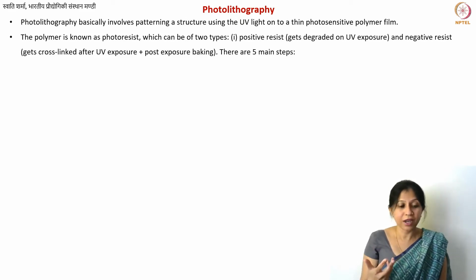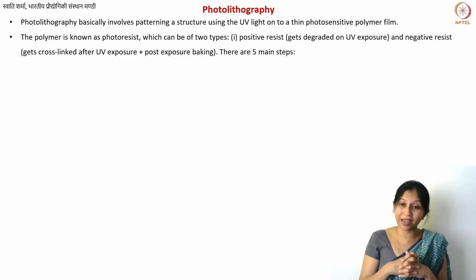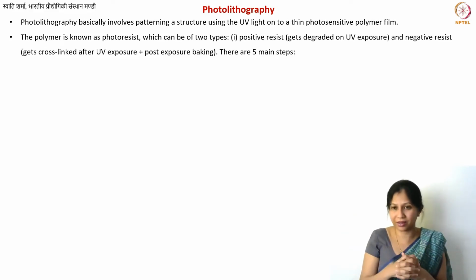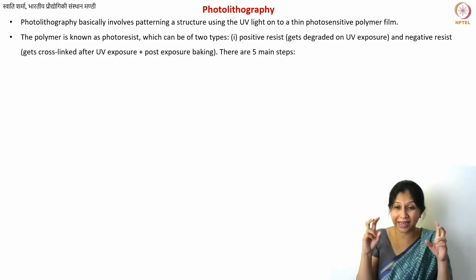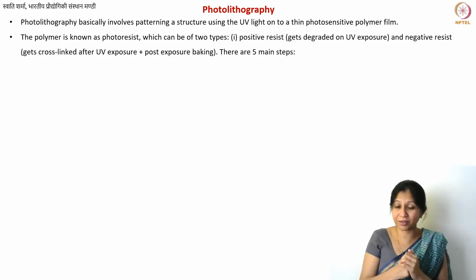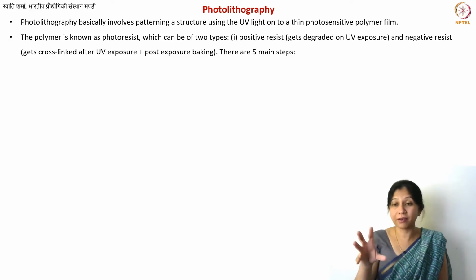Now what happens when they are exposed to the UV light? Two things can happen. Either they chemically degrade, or in some cases you may even get larger molecules. They harden because they get cross-linked with their neighbors because of the UV light. So you get a larger chunk of material, or your material completely degrades. These can be two possible effects of the UV light, and that is how you also define your resist.